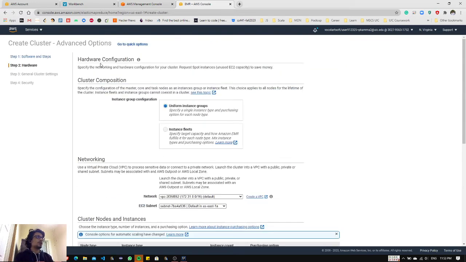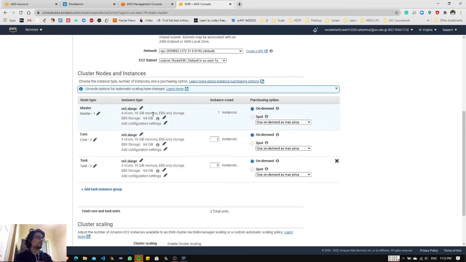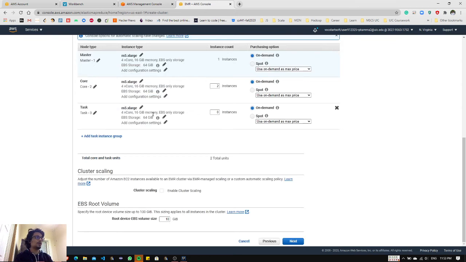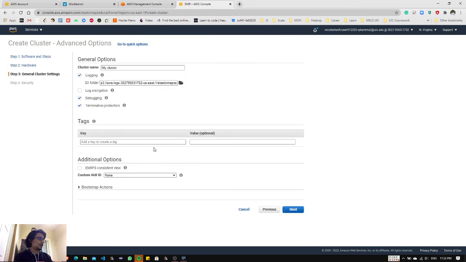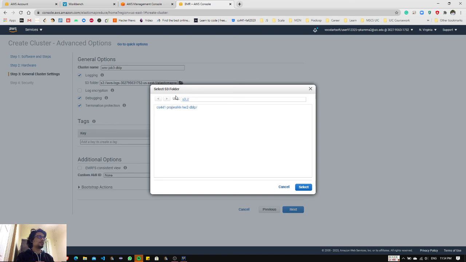So now cluster configuration, I'm going to keep everything default. Next. So give the cluster a good name, something like job 3 dblp. I'm going to change the logging folder.